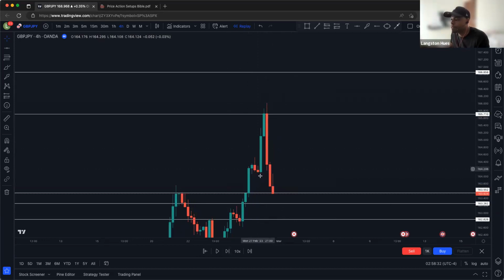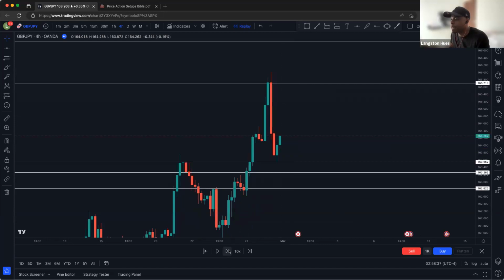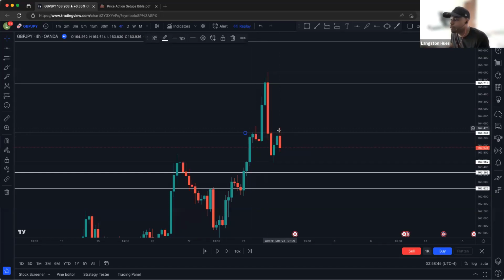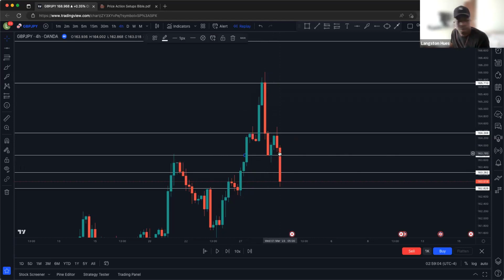Clean traffic again. Clean traffic. Now it's formed a support. Now it's going back up. And it's clean traffic, except for this level. So above here, like I said, above this level, if we get a closure, we can drive back up again. Rejected it, came back down. Clean traffic here. And it just drove. Once it broke this level right here, it just drove. It drove, right?